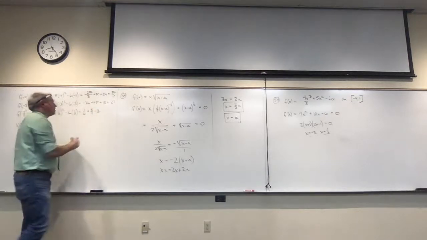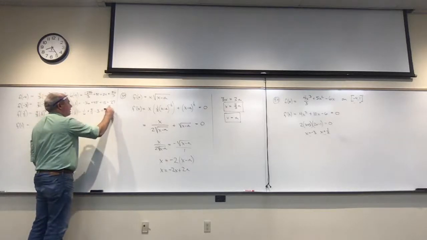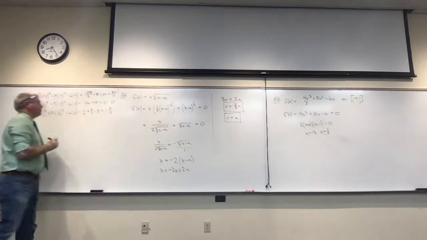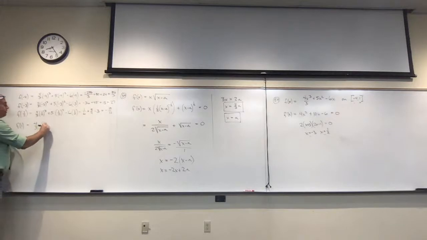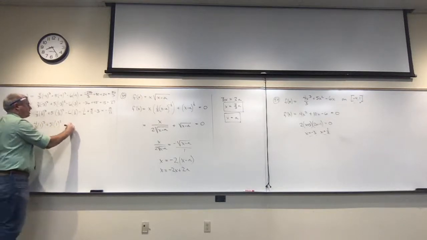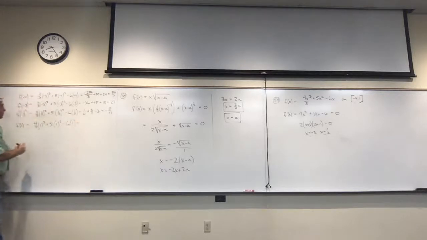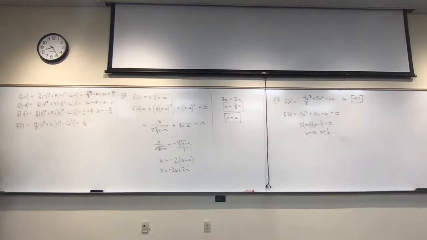Somebody have a nice version of that? Negative 19/12. Thank you. And then finally, 4/3 times 1 cubed plus 5 times 1 squared minus 6 times 1 is equal to, what's that? 1/3. Okay, so now the question is which of these things is the biggest and which of these things